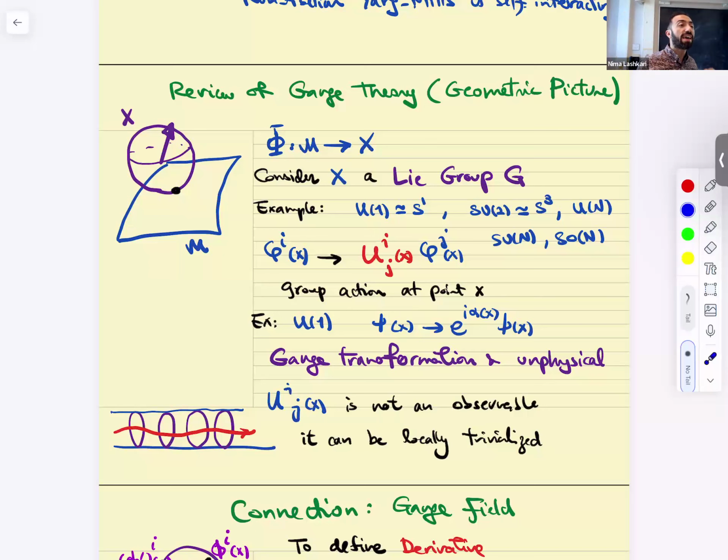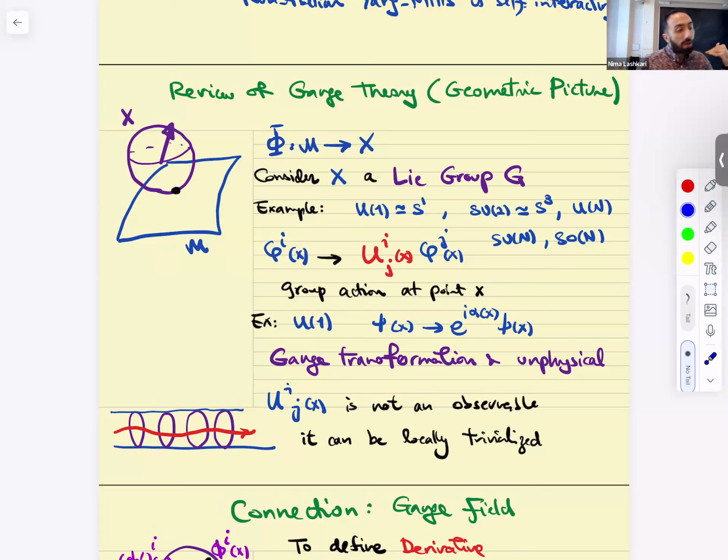We said we have a psi X. This is a fermion, and we saw that these are complex fields, which means that I can multiply them by e to the power of I alpha X. It's a phase, right? Now, if I pick alpha to be independent of X at every point in space-time, that was a symmetry of the action. It would have been a global symmetry. But now what we want to do is promote this to a function of space and maintain the fact that it's a symmetry, so it leaves the action invariant.